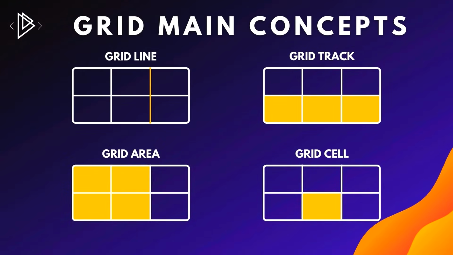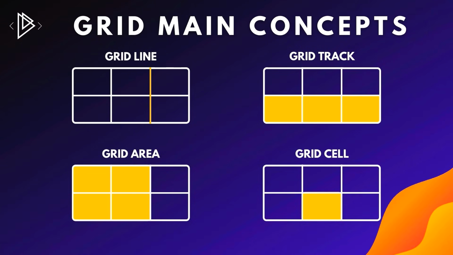Okay, so before we look at some code and see how CSS Grid works, it would be really helpful to understand the main concepts behind Grid. And this will give you a clearer picture of how it works. Okay, so first then we have grid lines. In CSS Grid, our columns and rows are made up using grid lines. So we can have either column lines or row lines. Here we have an example of a column line, and this would actually be column line number 3 as it's the third line from the left.